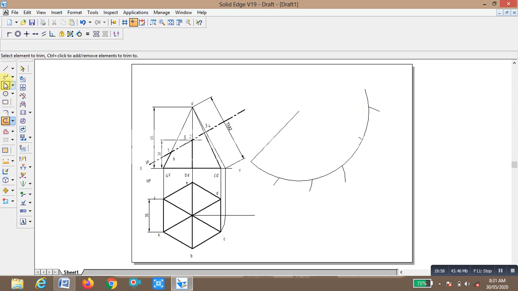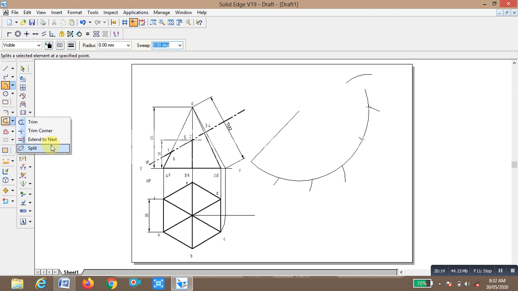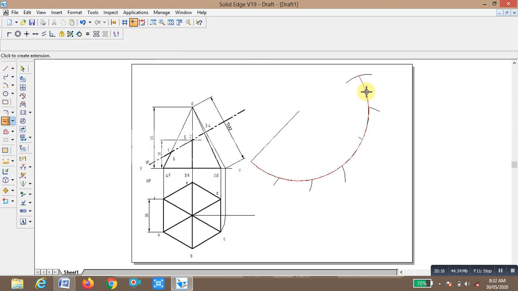So you have to use the extend command, or select the line command, click on this point and click at this point. Otherwise, first trim this unwanted line.